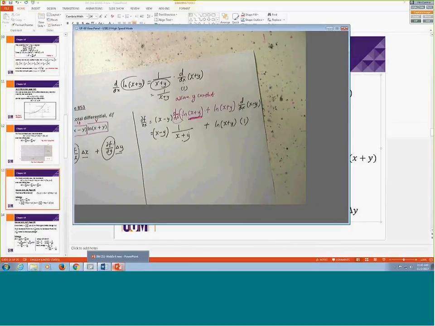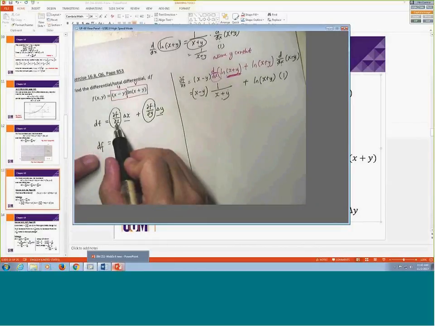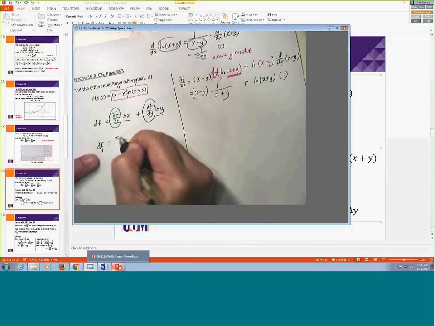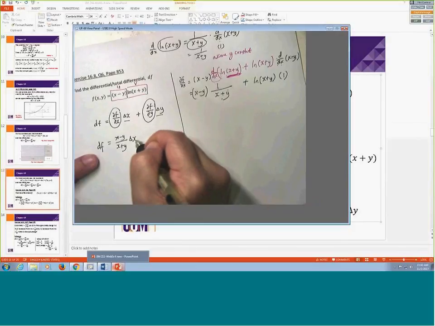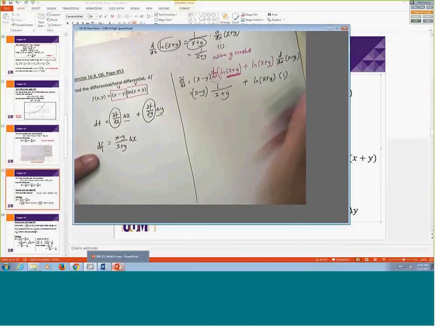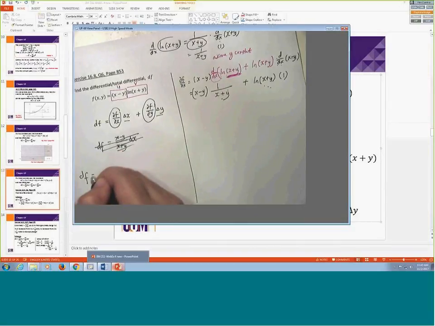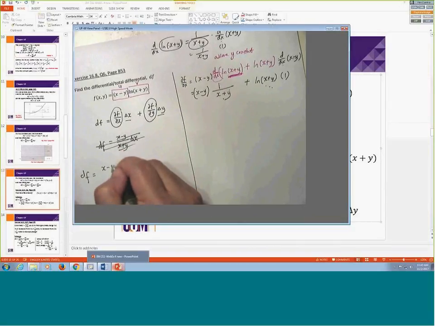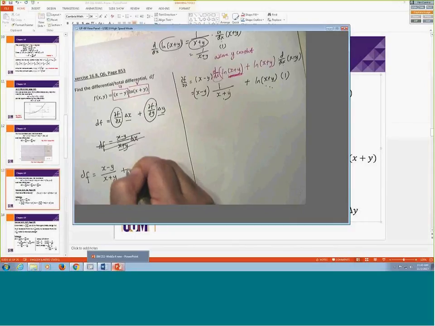So that means the del f del x, I will get (x minus y) over (x plus y). Oh, no, because we have two parts. So our df will be (x minus y) over (x plus y), plus ln(x plus y),